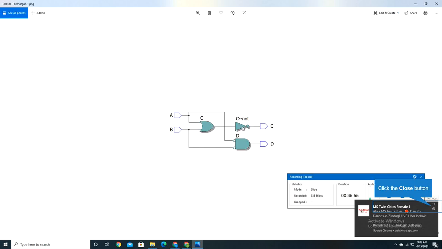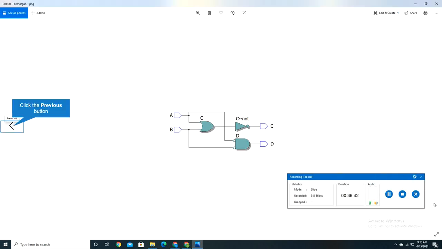Like we have taken, our first expression that we have already chosen was that A plus B, not of it, is equal to C. So this is the OR gate A plus B, not of it, is equal to C. This is the first equation. Then the next one is A naught plus B naught is equal to D, and